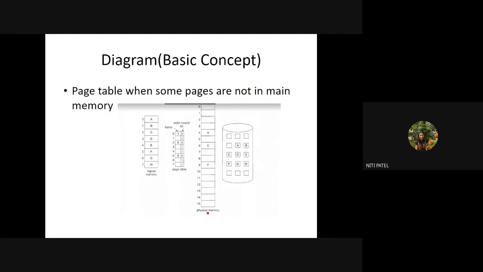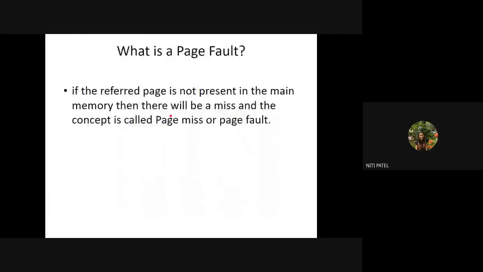And what do I do in that case? I try to load B from secondary memory into the main memory. Okay. So page fault is the page not being there in the main memory. So if you want, you load it. If you don't want it, keep it as it is. But page hit is what? You go and you find it in the main memory. So what is the actual difference? In a page fault, you are wasting some amount of time loading the page since it was not there. But in a page hit, you do not waste time because whatever you are searching for is already there inside the main memory. Clear? Yes, ma'am.